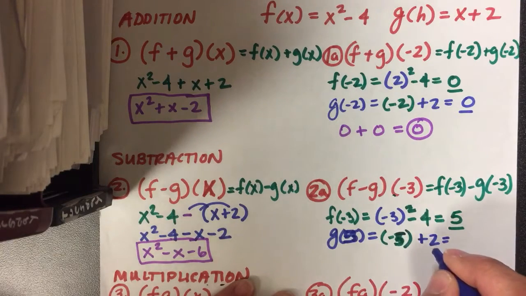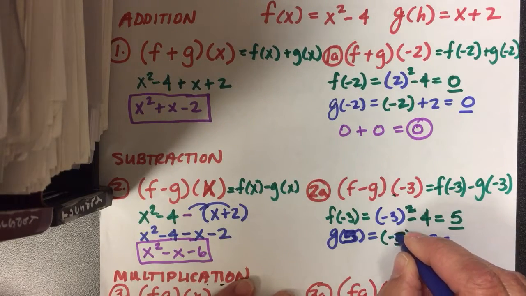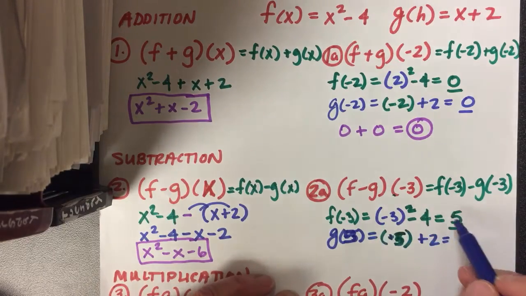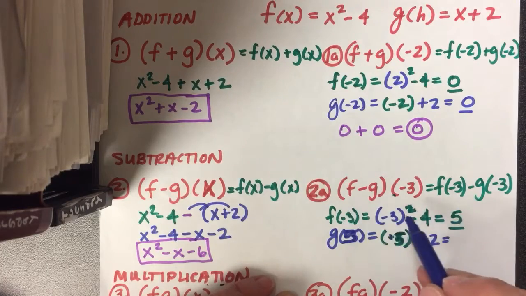Okay? Sorry, just 5, just 5. That's positive. Again, I goofed up because I was writing too fast. But anyway, 5 is our output from